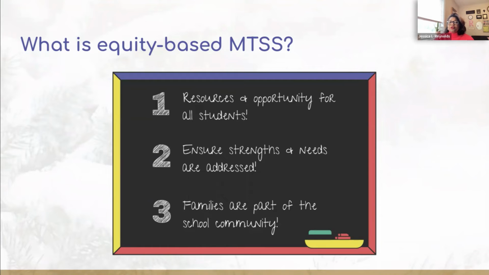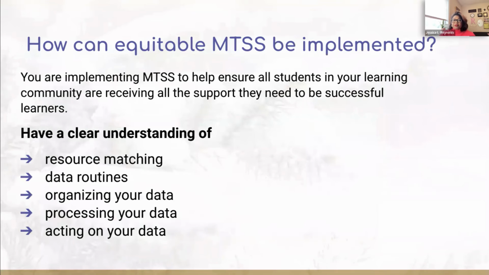Do we see overrepresentation of any groups of students in our behavior or academic data? Which groups of students are reporting few, if any, social emotional strengths? And fifth, what are students thinking and how are they feeling about equity and inclusion in their school? Classworks Insight data can help you parse out this information at a glance.